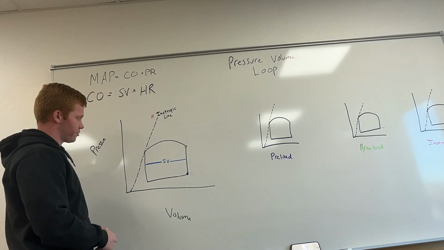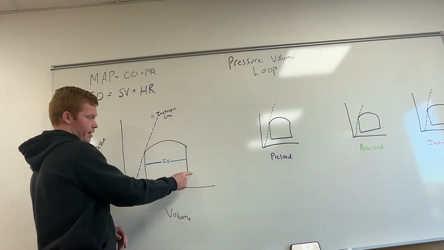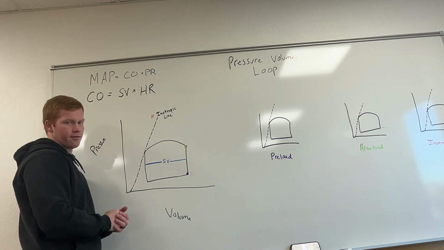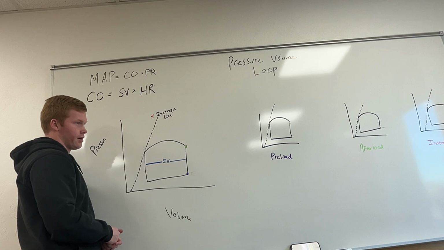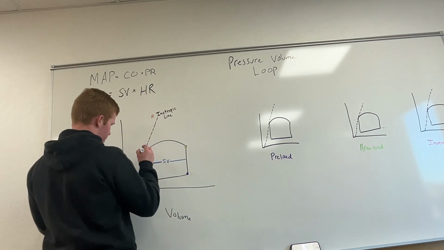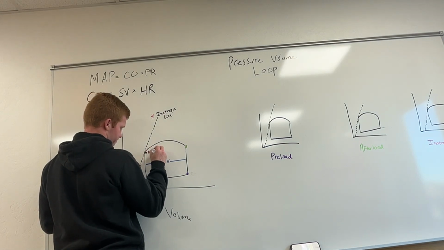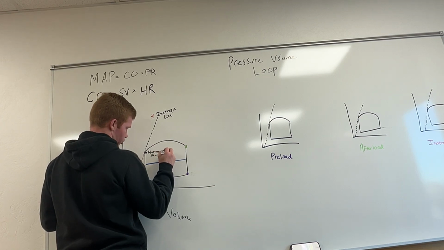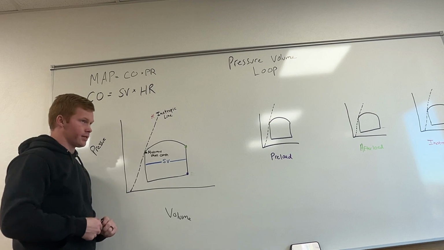I'm trying to think if there's anything else important I want to mention. The closing of the mitral or bicuspid valve is our first heart sound. Then the closing of the semilunar valve is the second heart sound. Also right here is another important point, the maximal ventricular contraction point. The reason this point's important is because